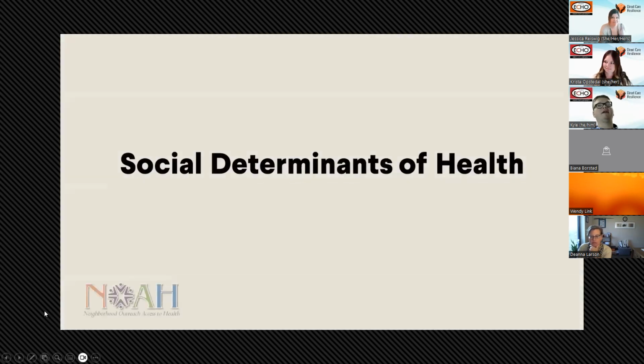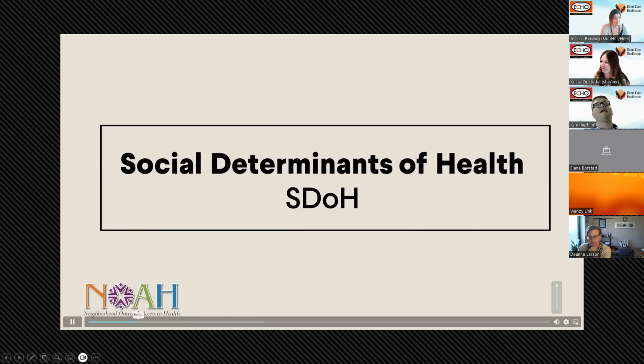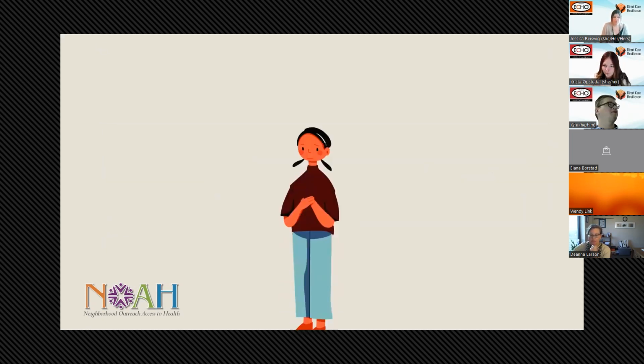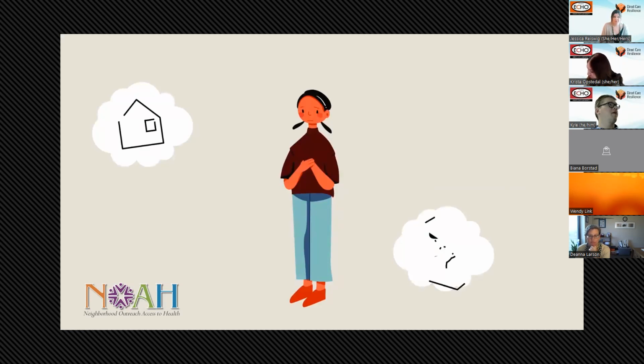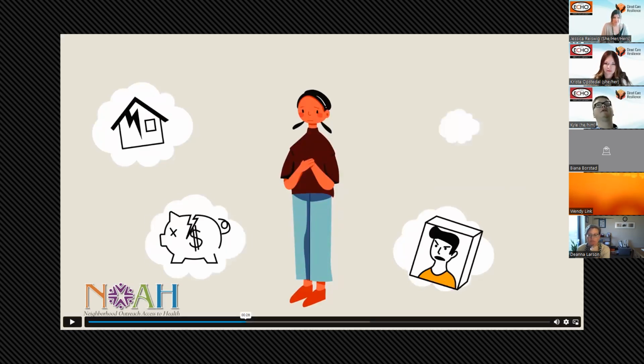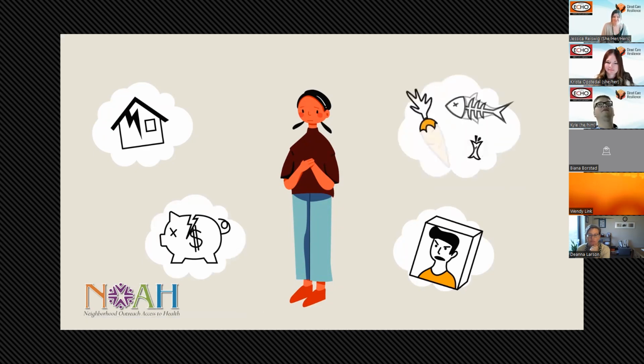Social determinants of health, or SDOH, are the conditions that a person lives with and often was born into. These factors directly correlate to health outcomes and quality of life and result in very real health disparities for certain individuals. SDOH factors can look like lack of safe housing, unstable or dangerous relationships, loss of job or income, and addressing basic needs like food insecurity.